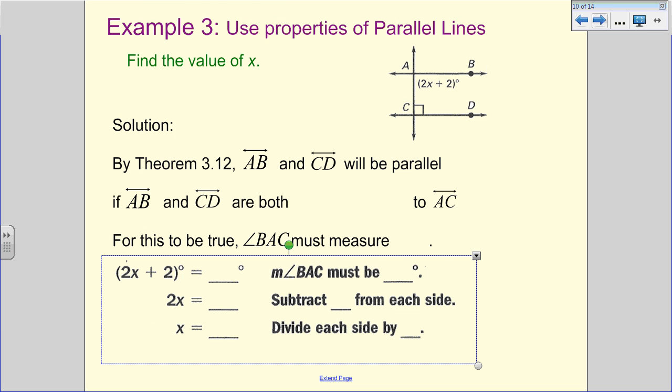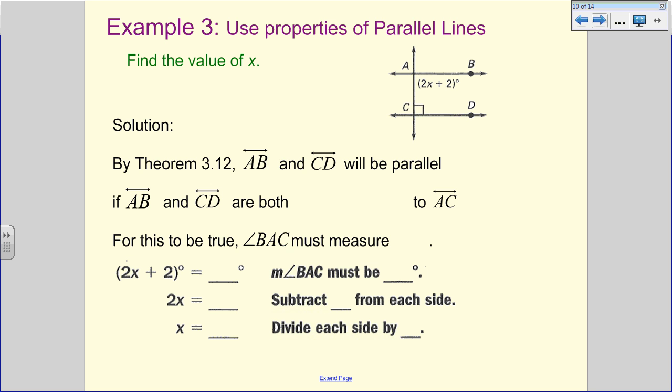All right, now we're going to take a look at these parallel lines. And once again, a lot of times, guys, what we're finding are angle measures. So if we take a look, we're going to find the value of x. We have 2x plus 2, and then we have perpendicular. So by theorem 3.2, A and B will be parallel if line AB and CD are both perpendicular